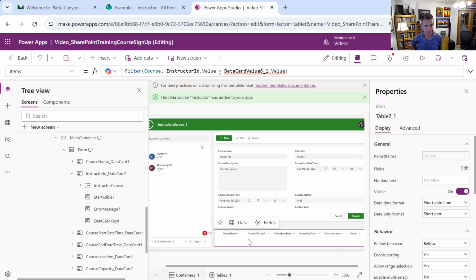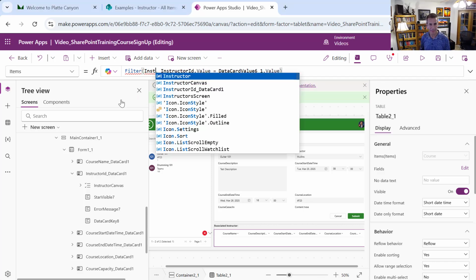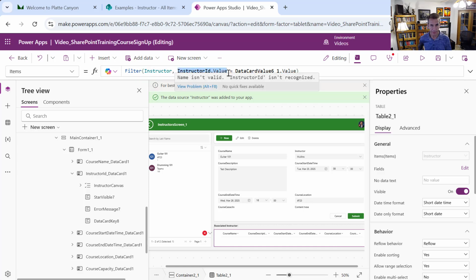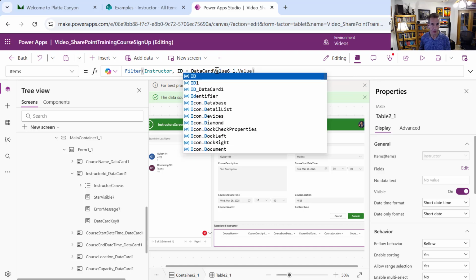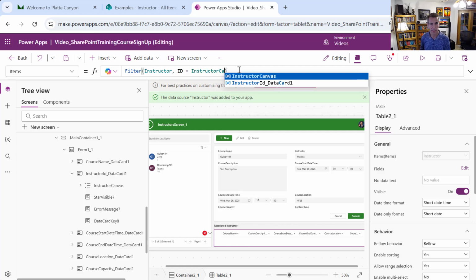So let's go fix this over here. We want to filter, but we don't want to filter course now. We want to filter instructor. And this actually has the advantage of showing all the data. So if we happen to have two Mullins, it would tell us which one to pick. So we want to say instructor, and then instructor ID value. Actually, this is instructor ID in this case. We want the ID of the instructor to be instructor canvas